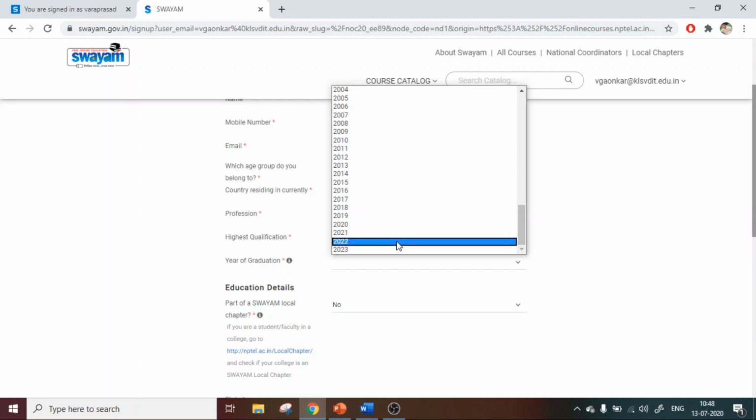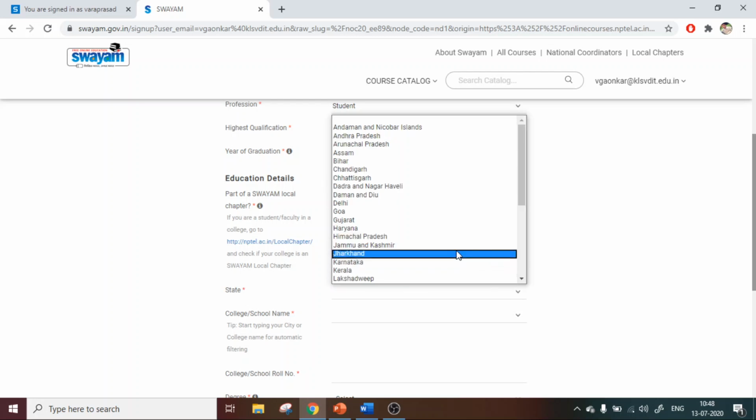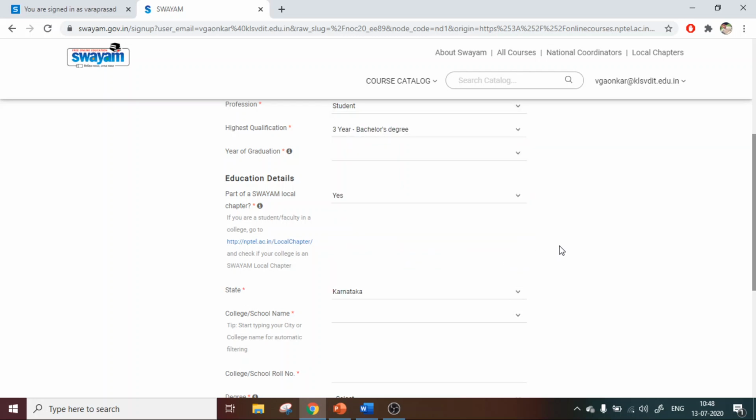If you are in 5th or 6th semester, the graduation year will be 2022. Like that you can select your graduation year. Then part of a Swayam local chapter, yes, because our college is part of the Swayam local chapter. Then select state as Karnataka.